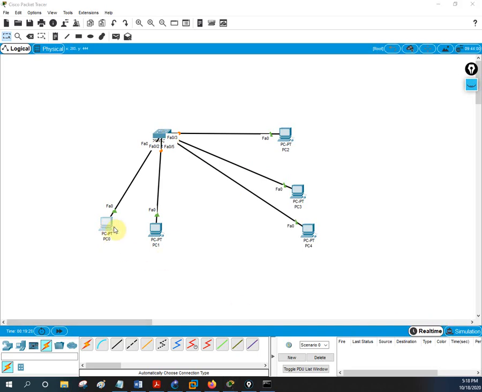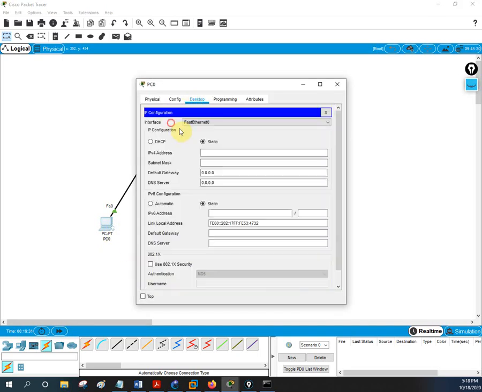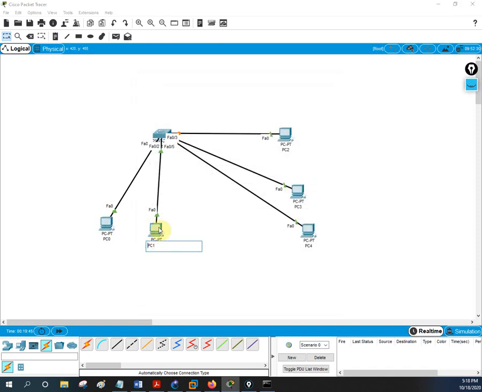What I will do, I need to go here and write the IP address. Without an IP address they cannot communicate, so we need to write the IP address. I will write 1.1. Let me copy this one, 1.1, and here, close this and go here, 1.2. This one will be 1.2.